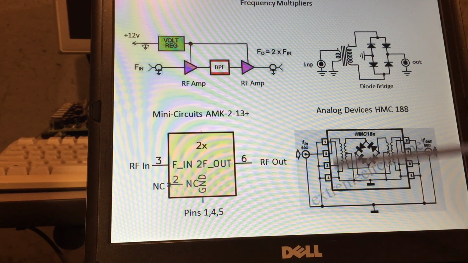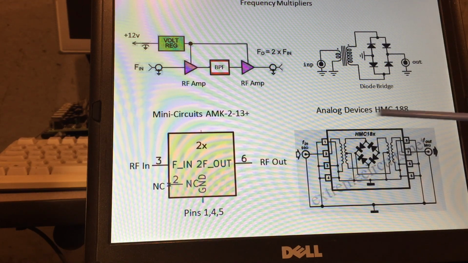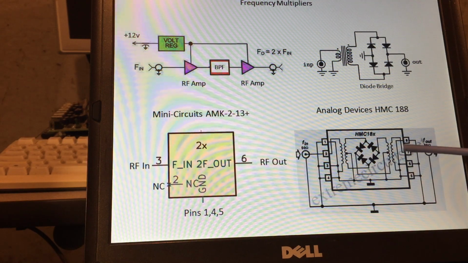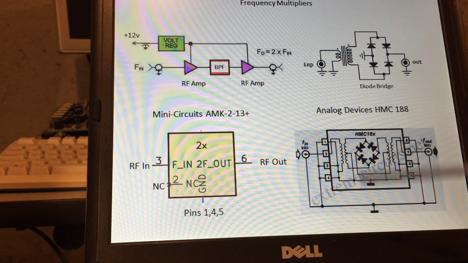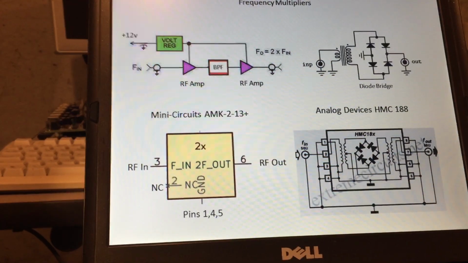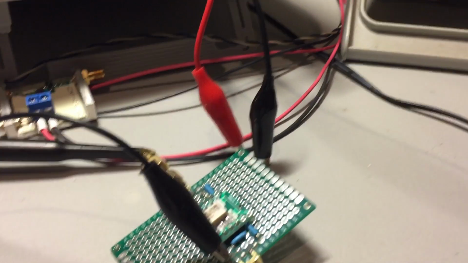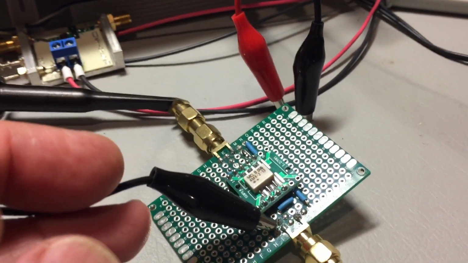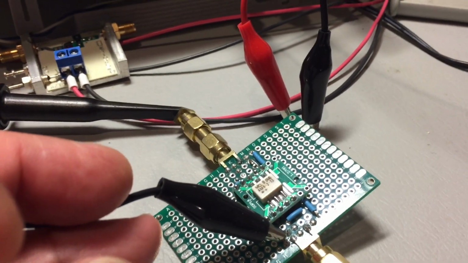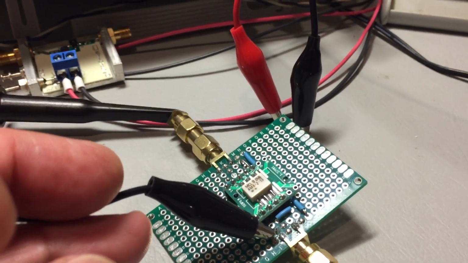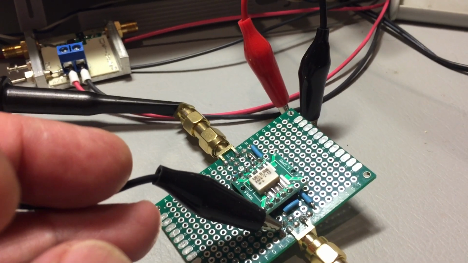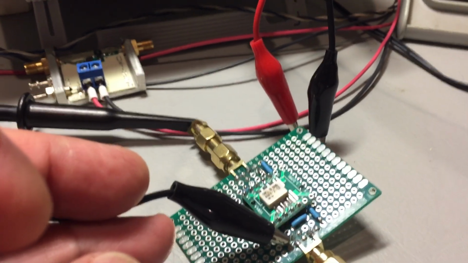So you can see the configuration there, and it still has a matching transformer on the input and the output. It's wired a little differently, but essentially it's very close to a mixer design. Okay, so let's take a look at the circuit first. This is the frequency multiplier. Okay, and I have it set up on a perforated board there, and we're going to be demonstrating that from 10 to 50 megahertz. So let's take a look